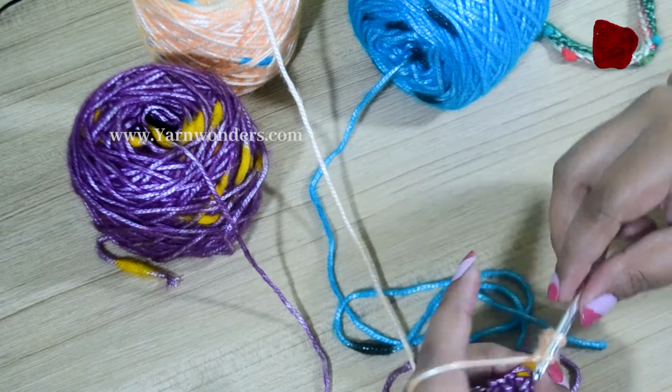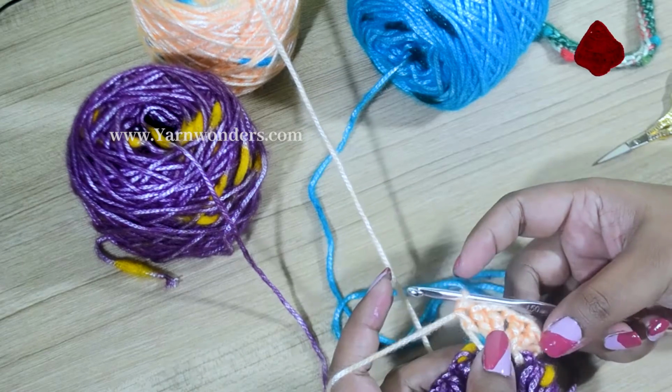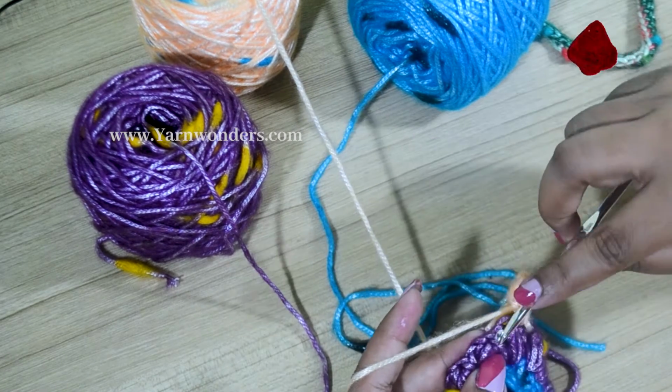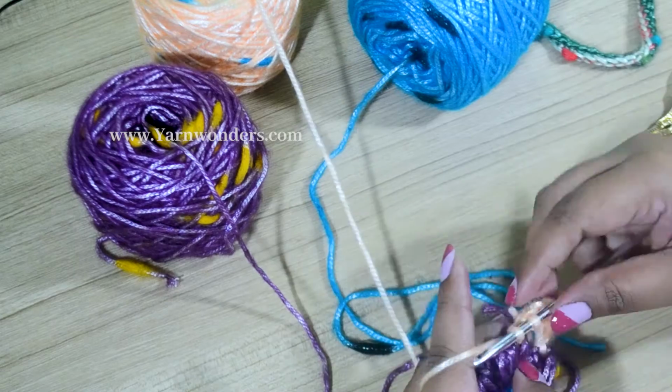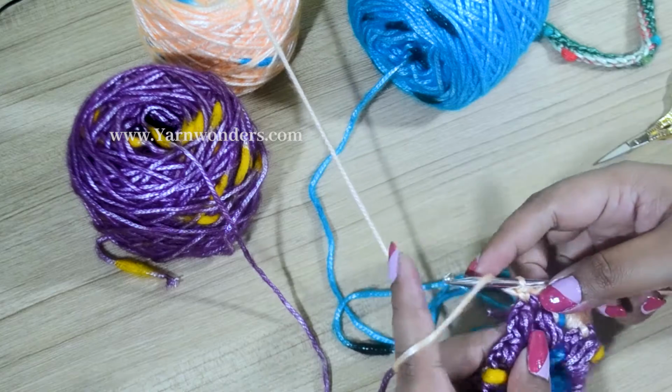This row is going to have 6 petals. So now this is going to be 1 petal, and we are going to do a single crochet into the next stitch. This into the next chain space. Again